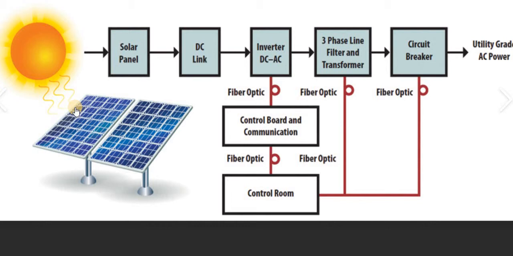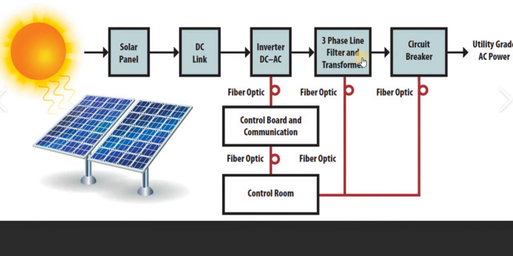And in this figure, you have to draw how we can harness solar energy. Here you can see this is the silicon plate, or you can say the solar panel. The sun rays fall on the solar panel, then the solar panel is connected with the DC link, and this DC link passes the solar energy to the inverter. In that, DC and AC both are there, meaning direct current and alternating current.